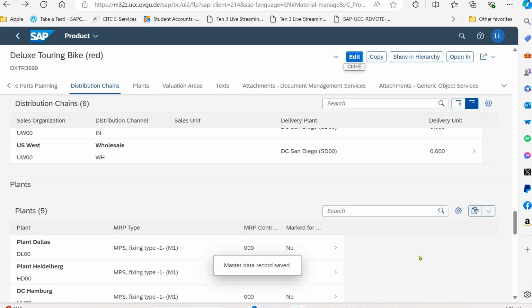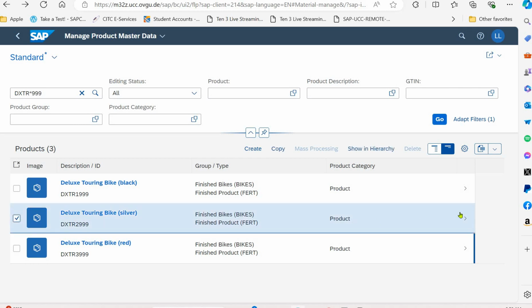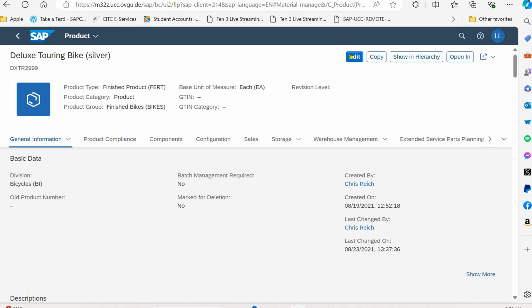So you will receive this message, master data record saved. Then they say to go back with this arrow, and now you have to repeat this whole activity using both the other materials, dxtr1 and dxtr2. So we'll click here. Now we will click one by one. dxtr2, get in, edit,